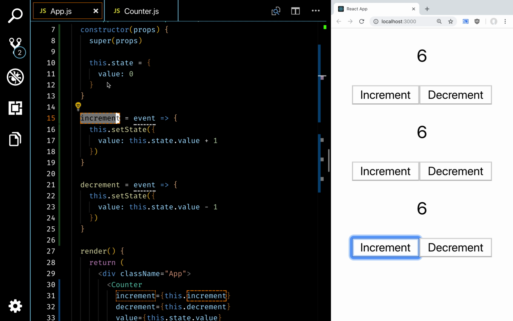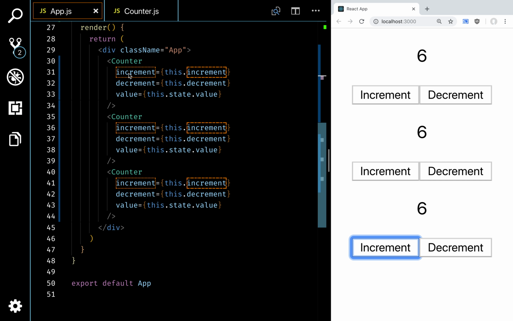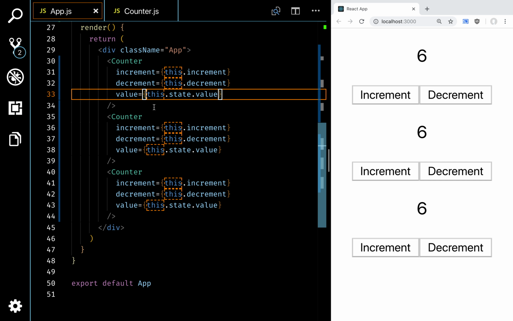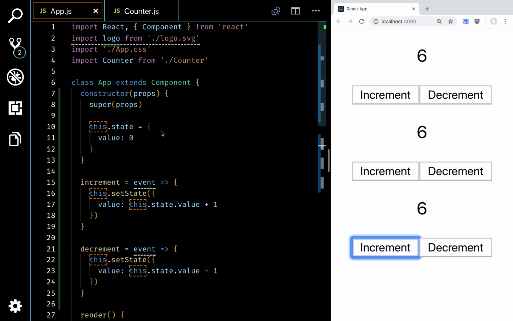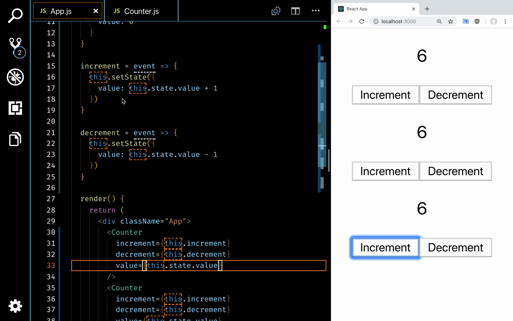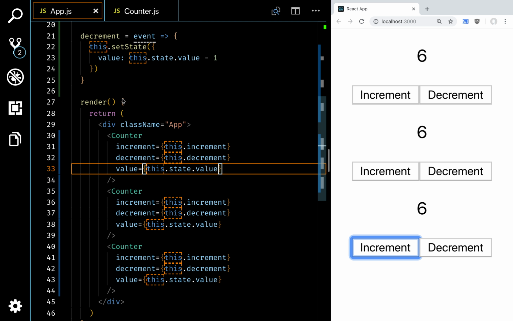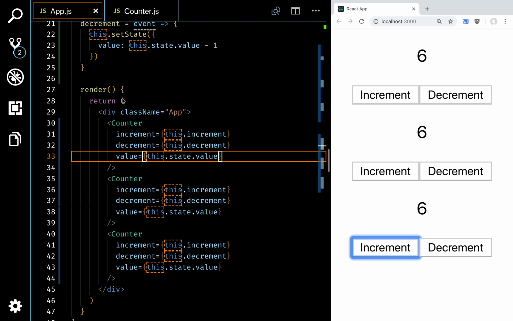So when we change the state in the app, we're changing this state value. This component is being re-rendered. That's what's causing all of these counters to change, regardless of which one we increment and decrement. Right? But we had to do all this extra work. We had to have a state here, and we had to have this.setState and change all these things and pass functions down and pass values down from the app to the